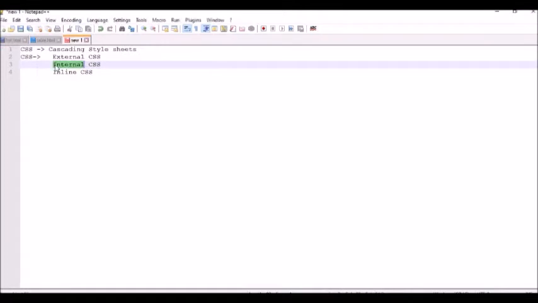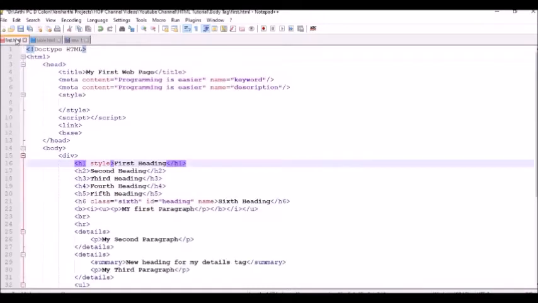If it is internal CSS, you will have to provide your CSS coding inside the style tag. In the first session, we discussed the style tag, which comes inside your head tag. So inside your style tag, you provide your CSS coding in case of internal CSS.